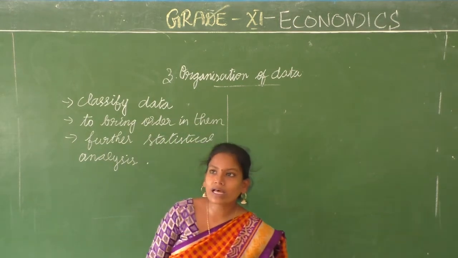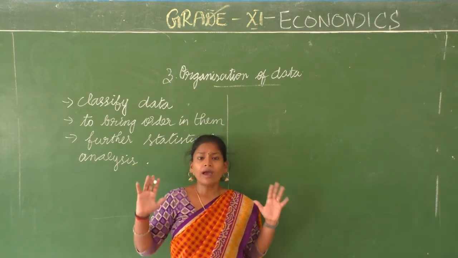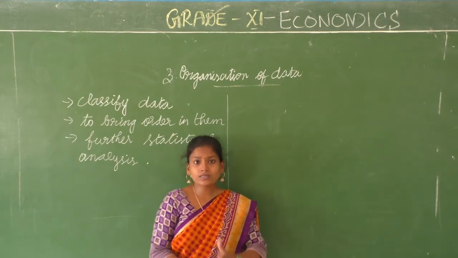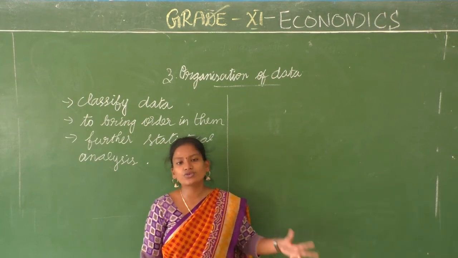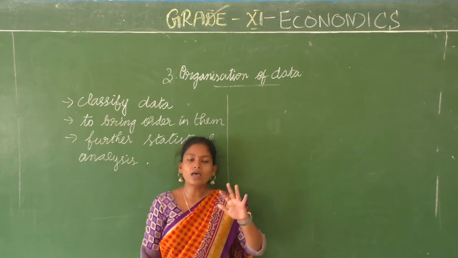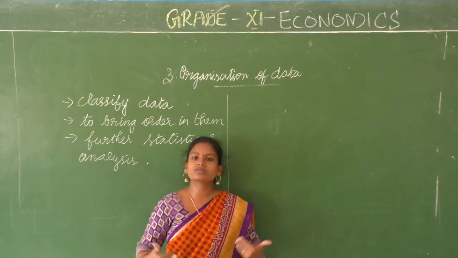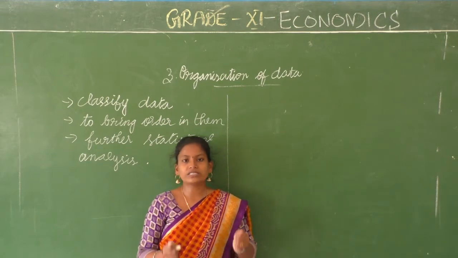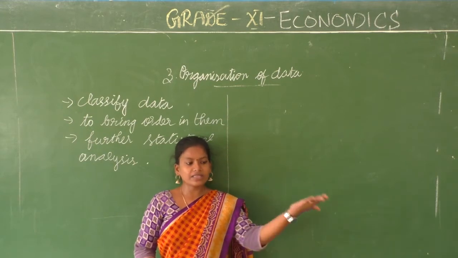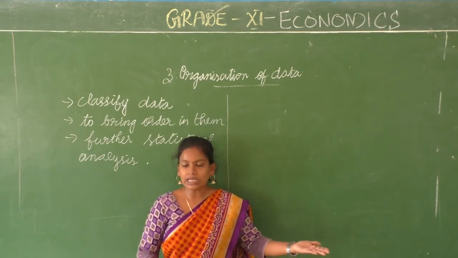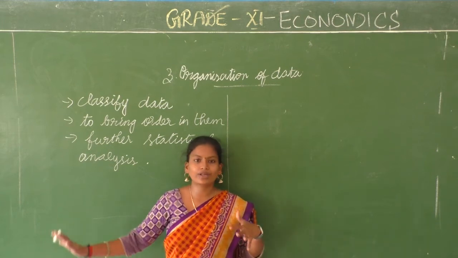So another example I'll give you is like a school. A school buys lots of books. It orders and buys lots of books for the library as well as for the school issuing purpose, textbooks for students from the same shop. So what they will do, they will send everything together, all the books come together. What do they do first? They classify. On what basis do they classify? They'll classify these are the textbooks to be issued to the children, and then they'll classify these are the library books which are used for reference and should go for the library.